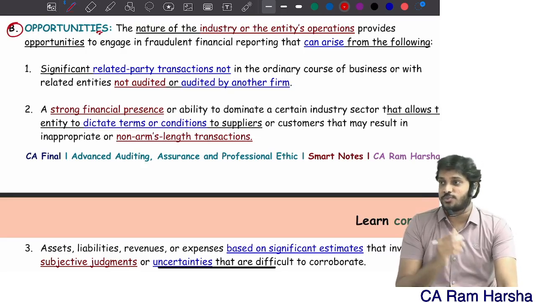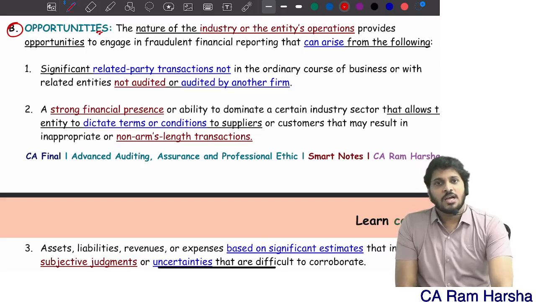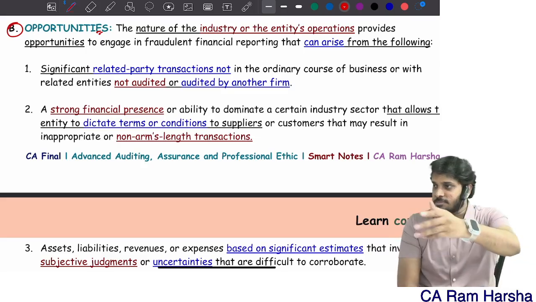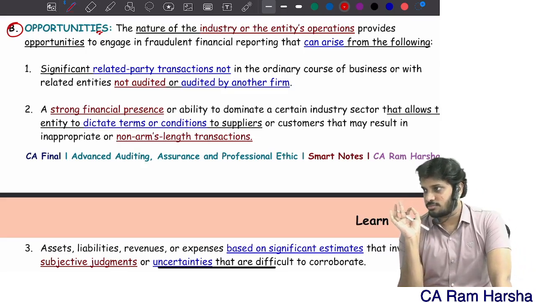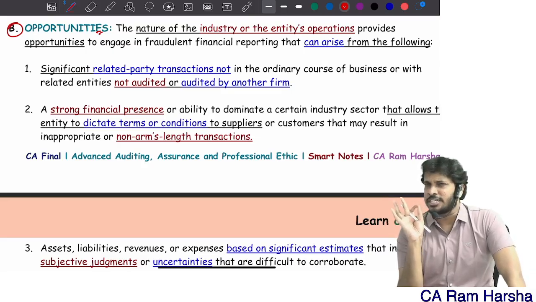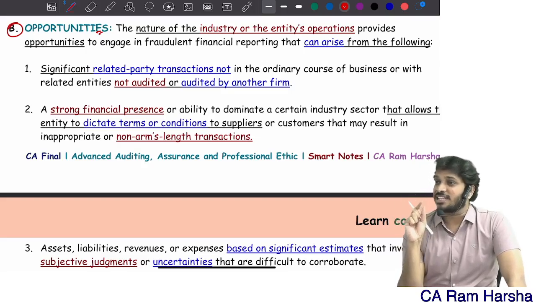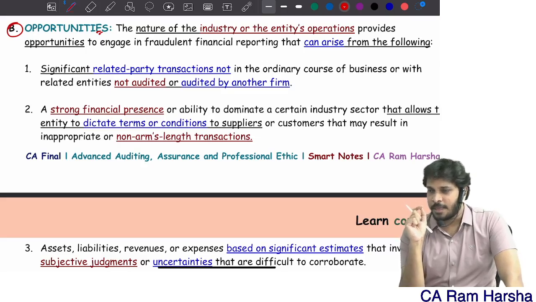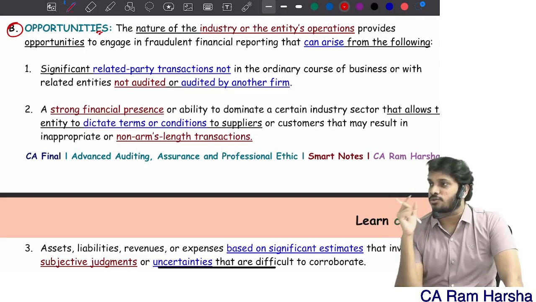What kind of opportunities were there? I would just like to give you this analysis. In the private sector, suppose you take Reliance, or DMart, Avenue Supermarts. Suppose in Avenue Supermarts a CFO or some executive person is there. DMart turnover is close to 1 lakh crore, approximately 1 lakh crore plus. Their purchases are close to 35 to 40,000 crore. If the person who is dealing with purchases in DMart just increased the prices of the purchases by 2%, he can make a fraud of 600 crore.